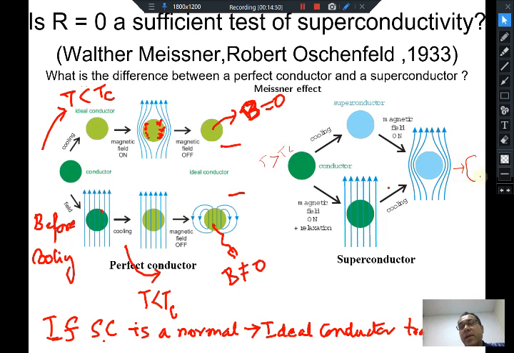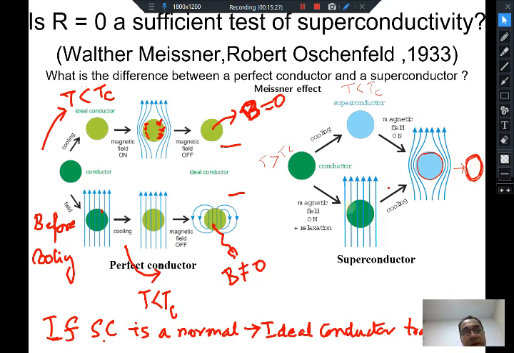If you switch off the magnetic field, you reach this state. I am just showing you this behavior because it's not been completed. So what you do is you cool the superconductor, just like here you had cooled it, gone below Tc, T less than Tc, and then switch on a magnetic field. The magnetic field they found was removed from the material. Inside the material there was no magnetic field, and then when you switched off the external field, it went to this state.